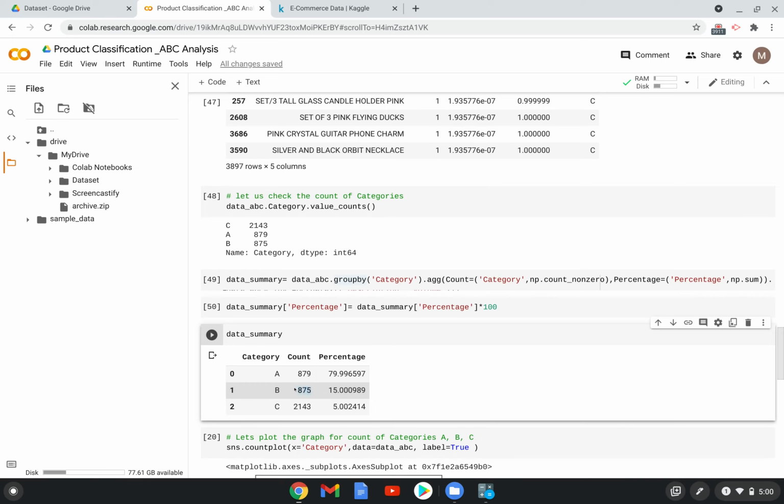This 22 percentage of items are contributing just 15 percentage of sales volume in B class. And in C class, when it comes to item count, it is more than 50 percentage. More than 50 percentage of items are only making 5% of the sales volume. This is very, very less compared to A class items. So A class items, just 22 percentage of items by count share, are making 80 percentage of the sales revenue, sorry, sales volume.